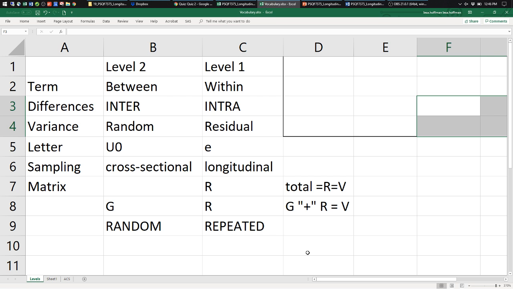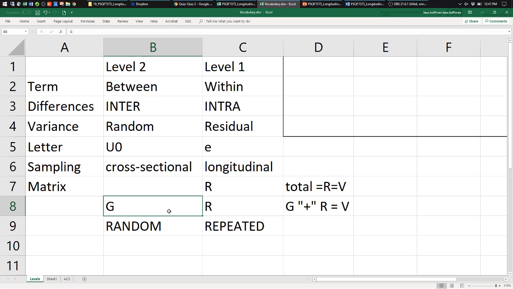Compound symmetry in R, or random intercept in G plus residual variance in R: two parameters either way. The latter, random intercept in G, allows you to add other kinds of random effects, such as random slopes that vary across people, or additional random intercepts for people who are nested in classes, classes that are nested in schools, and so on. So each level of the model above the first one would have a random intercept at a minimum, and potentially random slopes as well. So adding G to our story allows us to build more complicated structures.